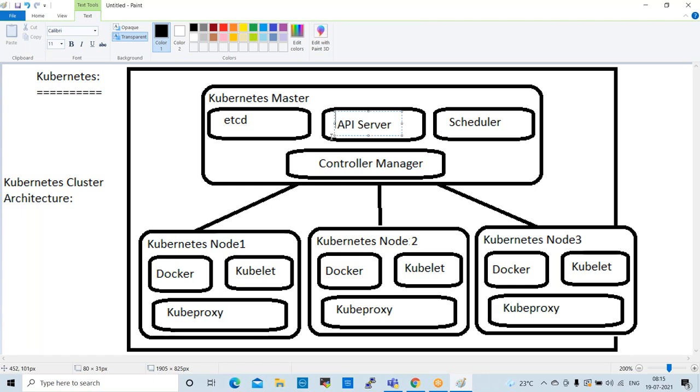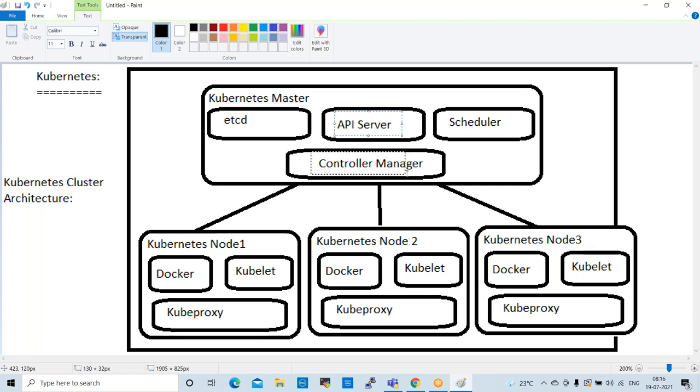Okay, so whatever deployments are submitted to the API server will be equally distributed to the node servers. So deployments will happen on nodes only. Inside the nodes, we'll have pods. Inside the pods, we'll have containers. Inside the containers, microservices will be deployed. We deploy applications as microservices only, right? Fine. The scheduler will distribute the load equally on all the nodes which are available in the cluster, right?